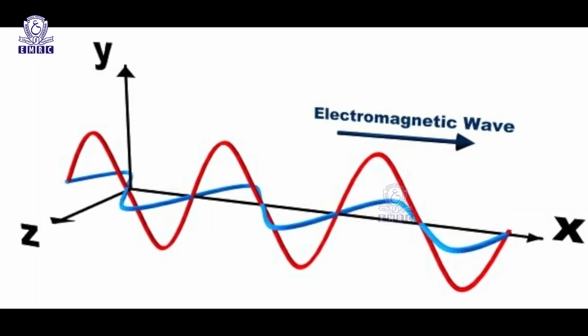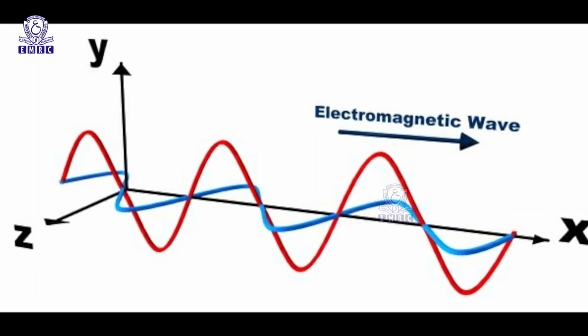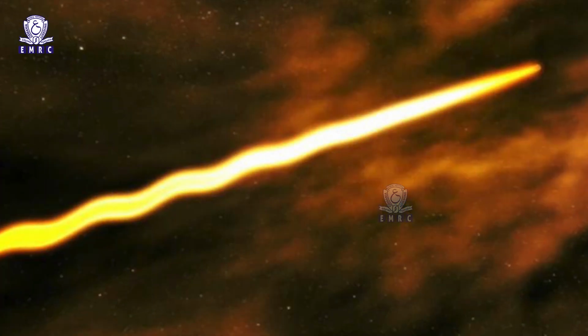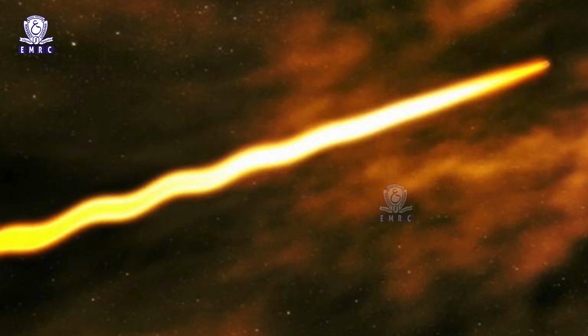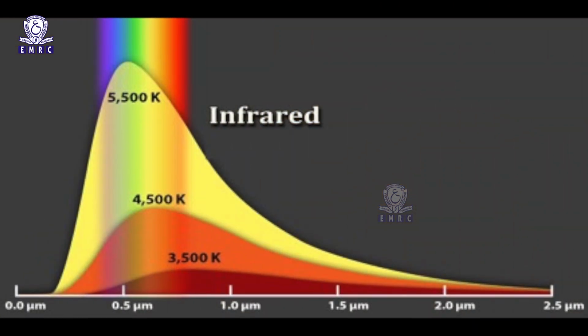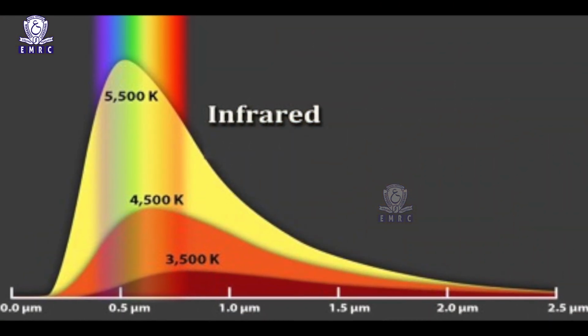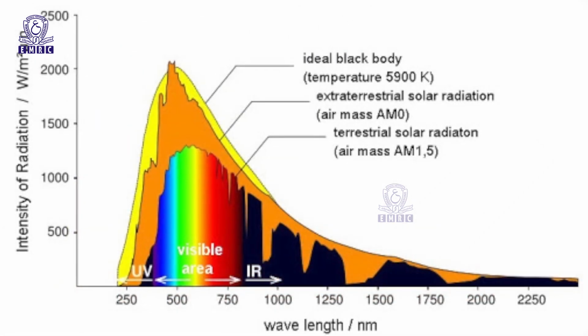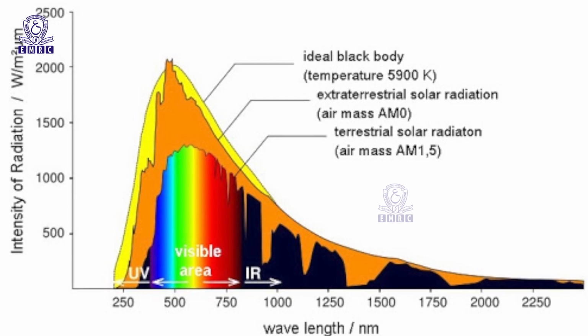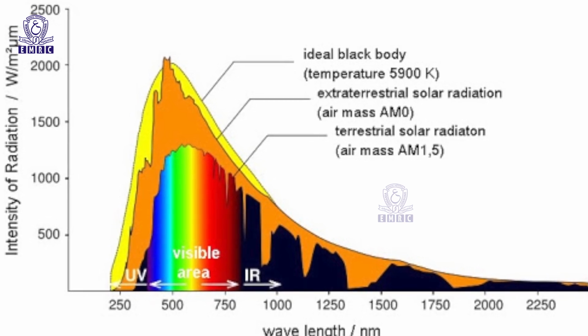It consists of a bundle of rays of radiant energy of different wavelengths. The Sun emits radiant energy in the form of electromagnetic waves. The wavelength and the frequency of these waves, which travel with the speed of light, that is 3 × 10⁸ km/s, are nearly staggering. The longer waves, largely absorbed in the atmosphere, are called infrared rays. The shorter waves are called ultraviolet rays, representing the other end of the solar spectrum.